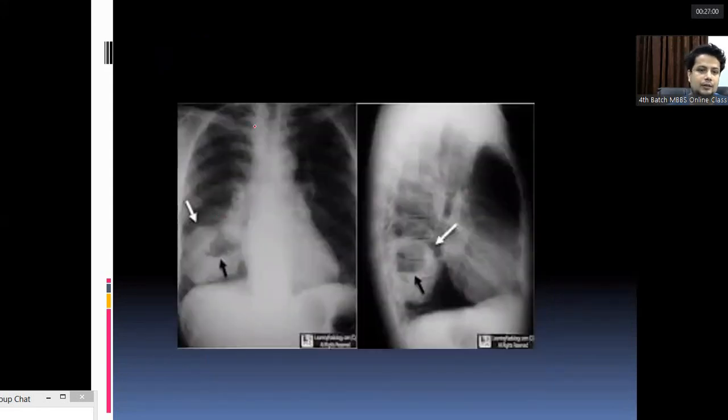And in this chest X-ray, we can see there is a cavitary lesion in the right lower zone with a thick and irregular nodular wall. The wall is very thick, and there is a nodule also present in the wall. So this is a case of cavitary malignancy. This way we can differentiate the different types of